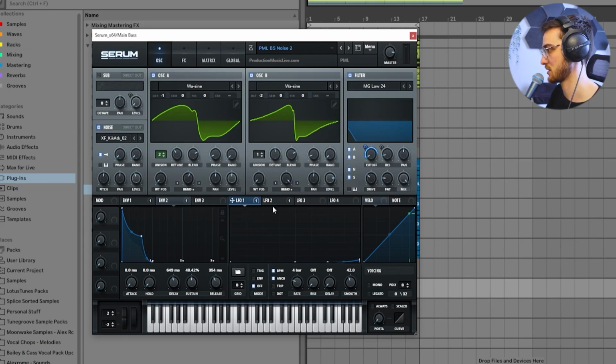LFO 1 also seems to be mapped to the cutoff. This is just for the sake of movement. Every 4 bars, there's a bit of a rise to the filter cutoff amount. Let's keep playing it. And now there's a bit of a slope. This is something for those really in-depth detail types of people. Not necessarily necessary, but if we were to exaggerate that,